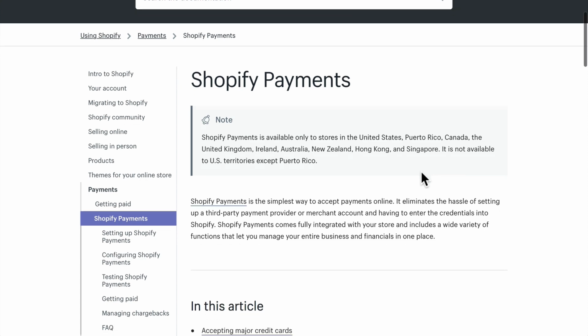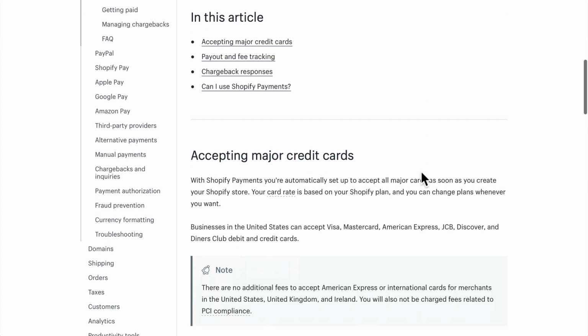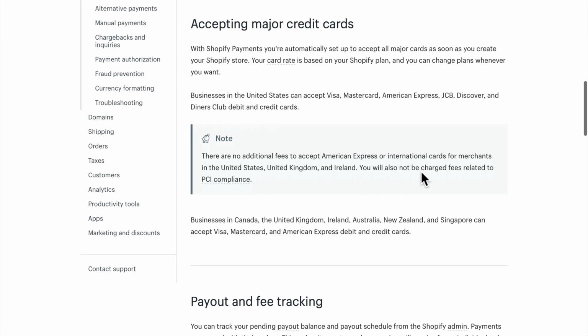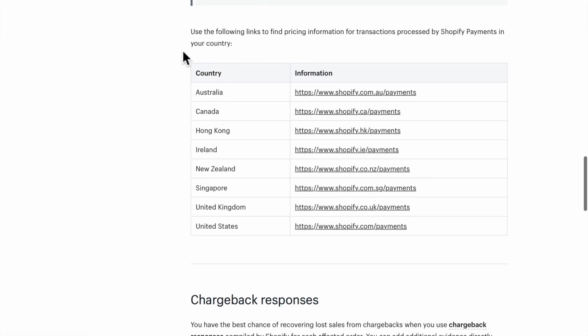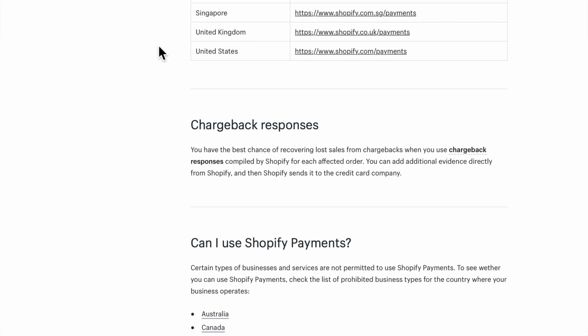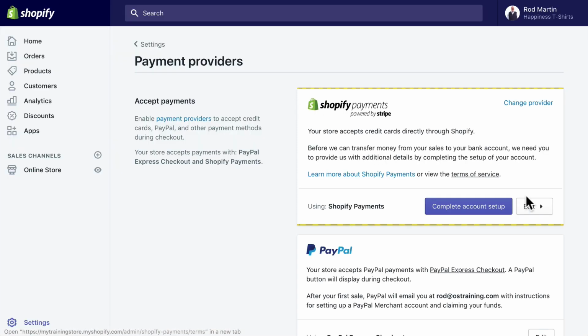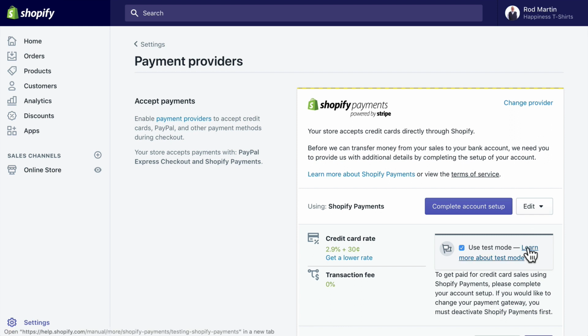PayPal works pretty well everywhere. This is a great help article, and it will help you understand how Shopify Payments work. Basically, you're set as soon as your store is ready to go. So I can click Edit here and use test mode. You'll also notice because of the plan that I chose, I'm getting the highest rate, which is still pretty much the industry standard. To complete my account setup and get my payments working through Shopify Payments, I just click that